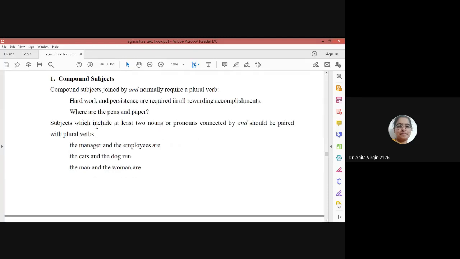So subjects which include at least two nouns or pronouns connected by "and" should be paired with plural verbs. So now see two nouns. The manager and the employees. Here what you have to use? Plural verb. The cat and the dog run. You know, actually why here it is run,